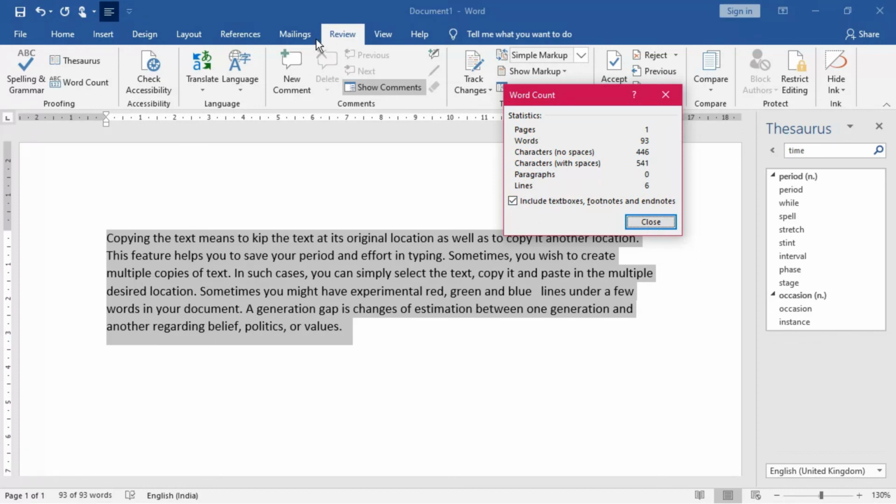So under the Review tab, under the Proofing group, you have three utilities. One is spell checking, another is the thesaurus, and the third one is word count. And word count gives you all the statistics regarding your document. So it is a very handy utility, which has been discussed under checking spelling and grammar using the thesaurus. But word count is not included